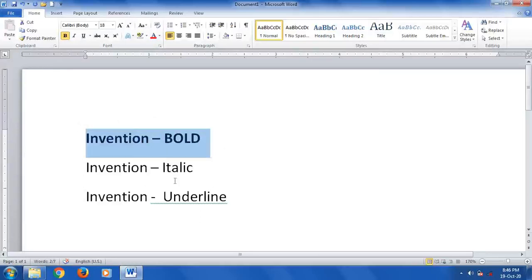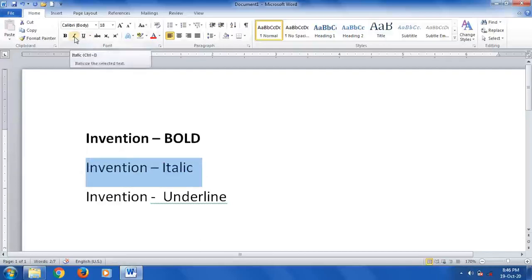So next is the italic effect. When you want to give italic, in the sense slanting it to the right side, the text gets a slant or it gets bent, you can say. If you want to make slanting text, select the text, then on the Home tab, Font group, here I means italic, just click on it. You can see here the text is slanted towards the right side, so this is the italic effect. Okay. Next is underline.